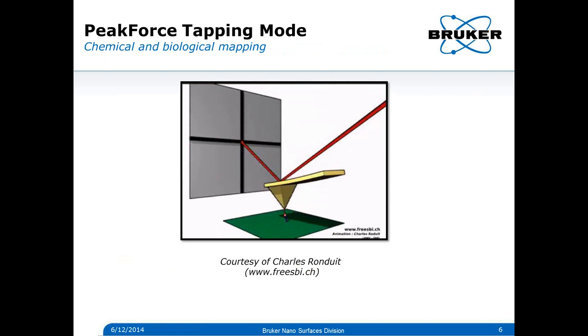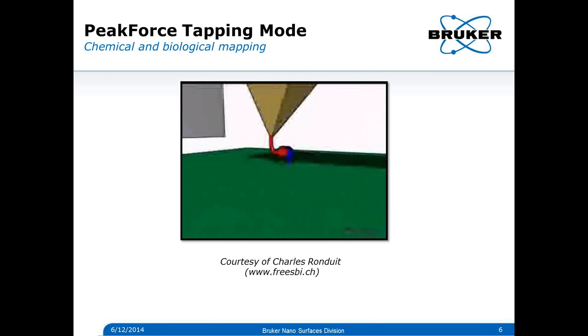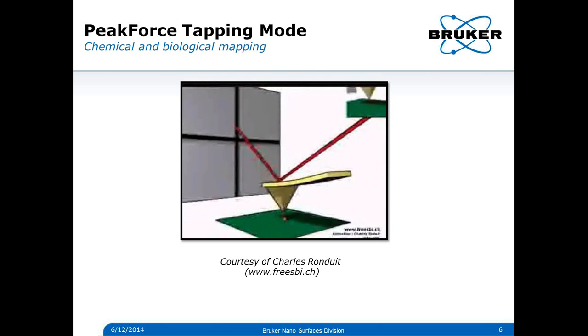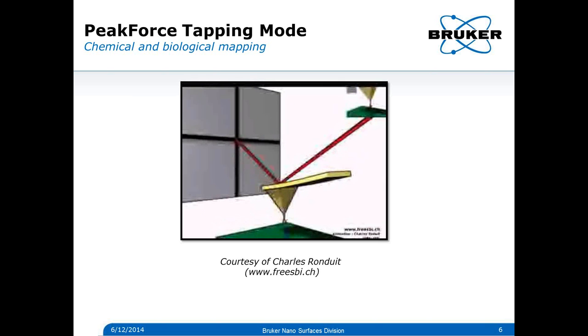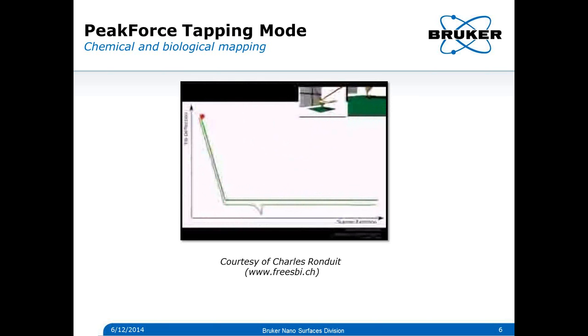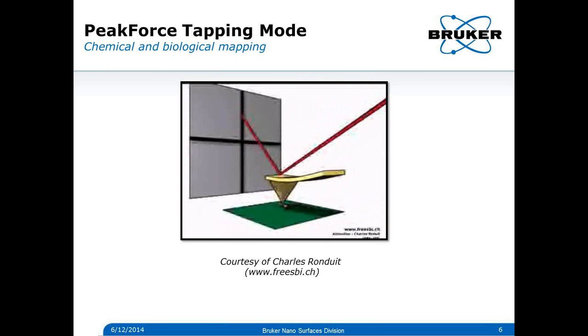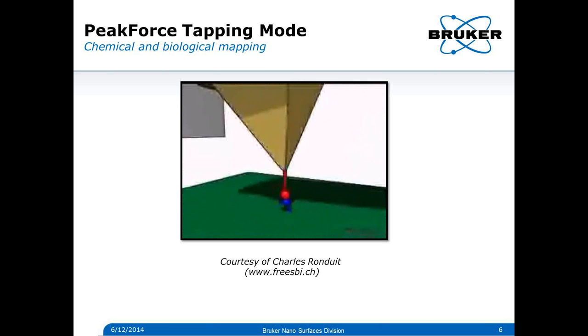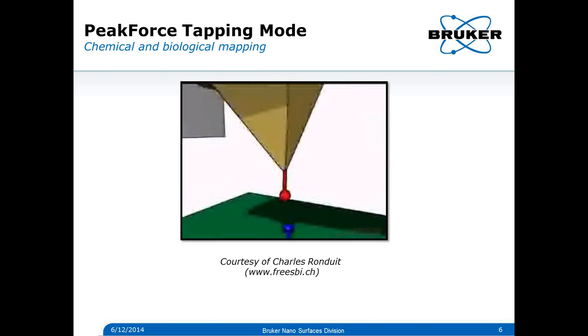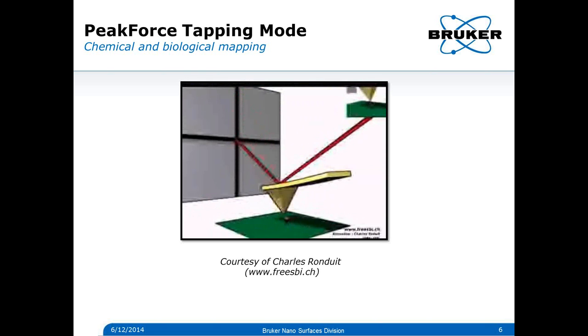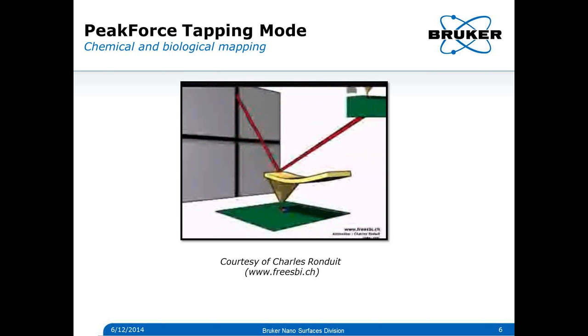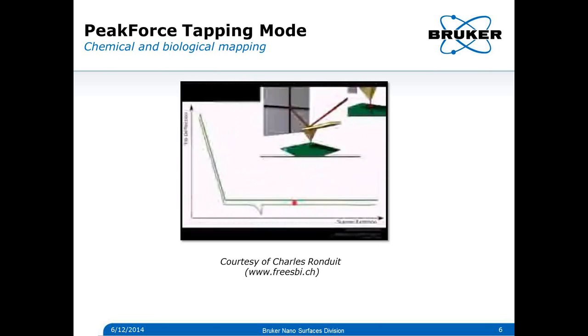All that makes PeakForce Tapping mode a perfect solution for molecular recognition measurements, where interaction forces between two molecules or chemical groups, one attached to the AFM tip and the other bound to the surface, are probed. First, the tip is brought down to the surface until it contacts and exerts a positive load on the surface. Then the tip is retracted and moves back to its original position. During this retraction, a downward peak may occur in the retraction curve that indicates adhesion between the tip and the sample. If the spring constant and the deflection sensitivity of the cantilever are known, the tip-sample binding forces